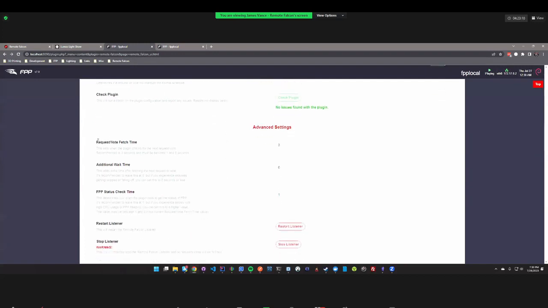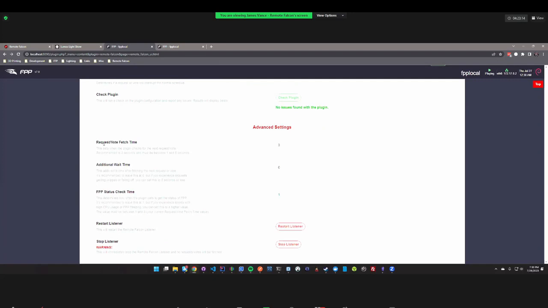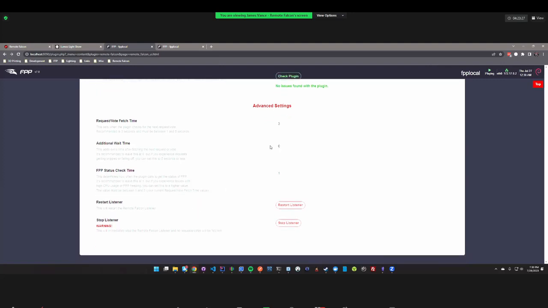I'm not going to go deep into the advanced settings because, like I said, they are advanced. But there's a good description of what it does, and there's also more details in the Remote Falcon documentation on what these do. Really, they shouldn't need to be changed unless you are